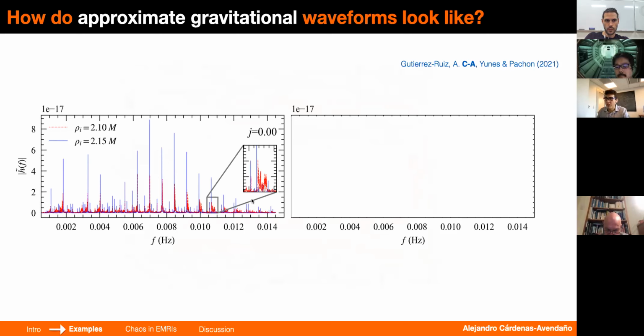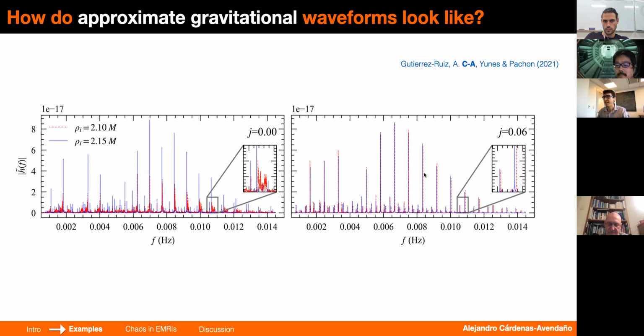But then the chaotic one shows this sort of forest of multi-frequencies around the main ones. So actually, if we're able to see this in frequency, then you will definitely see which one is chaotic and which one is not. And again, as I said, in this work we showed that for a particular solution, you can show that frame dragging effects can diminish chaos. And this is also an open question. This is not known. We don't know what the effects of frame dragging on chaos are.